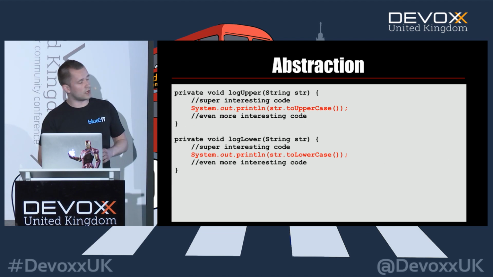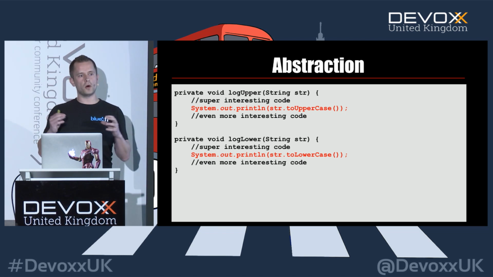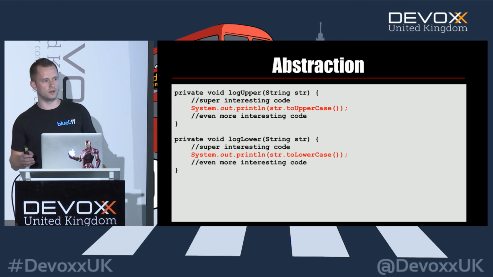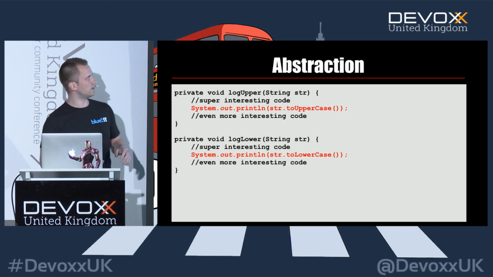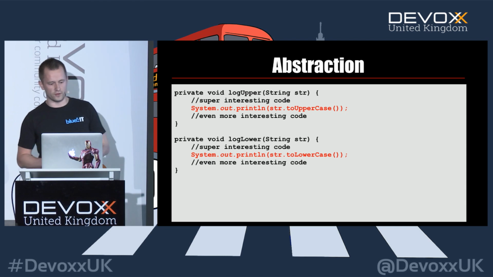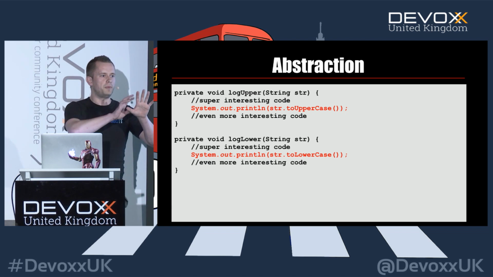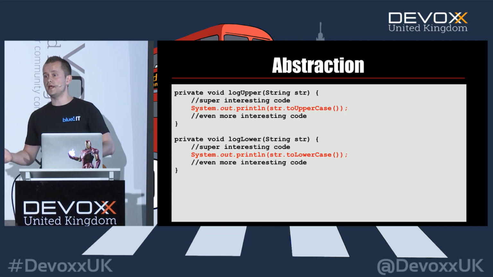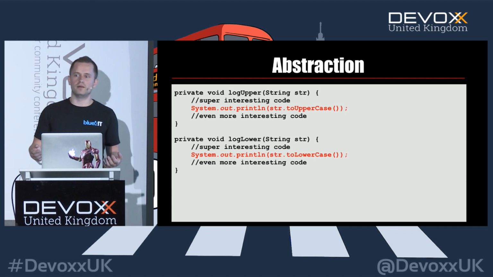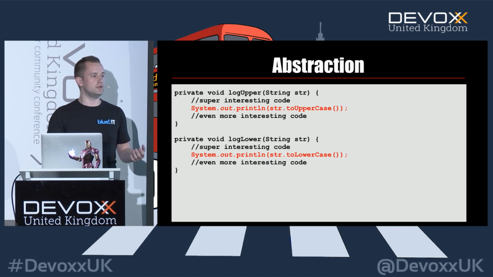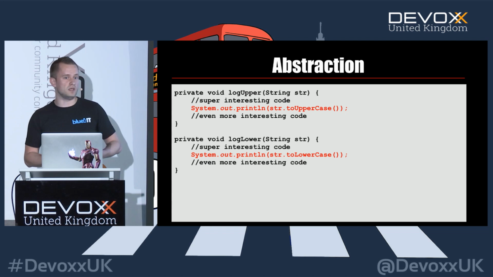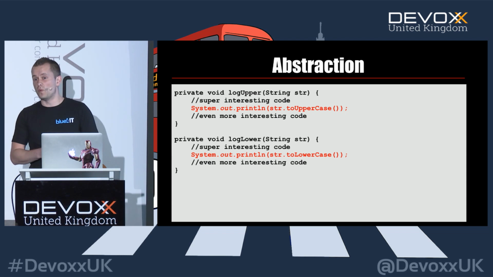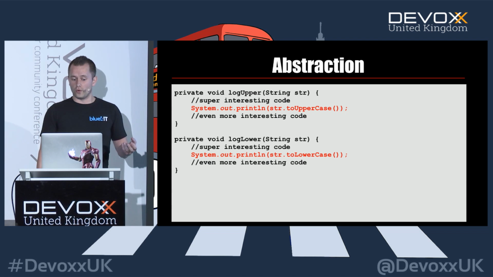If you have something like this, say we have two almost identical functions with a lot of code in it. I mean, there's some super interesting code above the red line, there's some super interesting code below the red line, and only the red line is different. What you see in practice is that people tend to copy the one and paste it over there and only change that one line. But we all know that copy and pasting causes us, well, some problems. It can be changed. Perhaps it's not the way we want it to be. I mean, it's error prone, right?